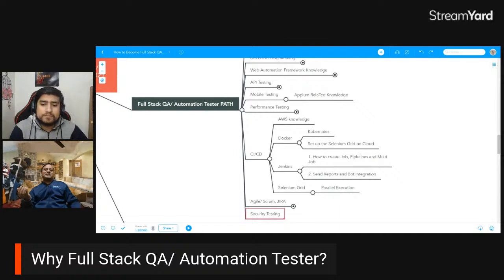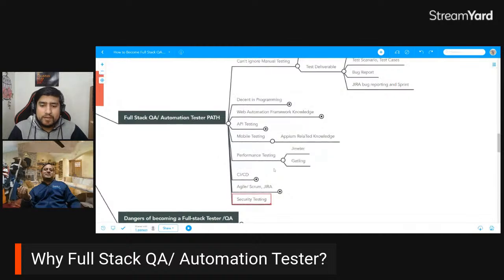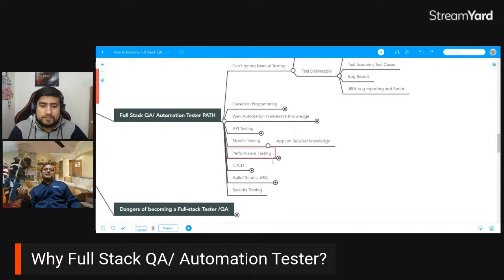AWS, Grid, right? And in UI automation especially, or API testing, you are also scaling up systems, or in performance testing. So CI/CD knowledge will be useful there also, right? When you scale a system, you will face a lot of hardware issues, server issues, not coding issues, hardware issues. So if you don't know about CI/CD, if you don't know how to manage your Linux server, how to manage your jobs, how to manage your pipelines, then you are dependent on someone. If you know these things, you can get the work done quicker. Otherwise, you are waiting for some person to fix this, right?